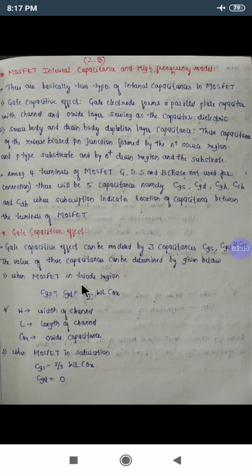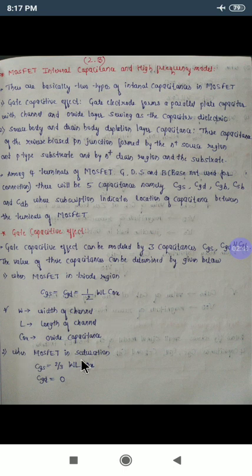First, when the MOSFET is in the triode region, an inversion layer exists between the drain and the source when the gate voltage is applied. This is called the triode region because the drain-source current has a parabolic relationship with the drain-source voltage. Remember, the inversion layer exists between the drain and the source whenever the gate voltage is applied. So we get the value of 1/2 WL COX. Here W is the width of the channel, L is the length of the channel, and COX is the oxide capacitance.